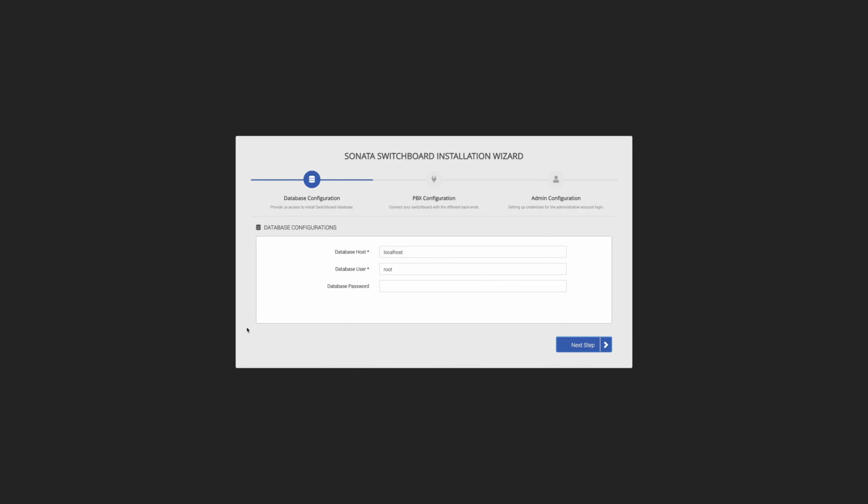Whenever you first install the Sonata applications, all of them will have a wizard that will guide you through the initial installation setup. I'm just going to show it this once, because the process within the other Sonata applications is quite similar to this, and it's very self-explanatory. So when we first install the Sonata Switchboard, we can see here that we're going to do first the database